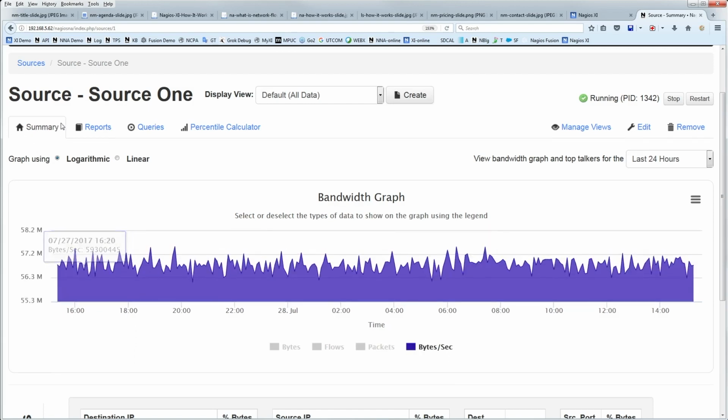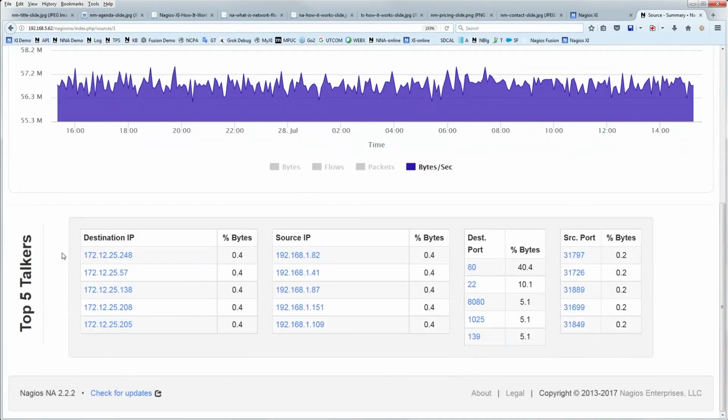You can also see bytes a second and graph that here on the summary tab. Underneath that, you've got top 5 talkers by destination IP, source IP, destination port, source port, and so on. From here, you'll notice these are actually hyperlinks. If you want to just drill down very quickly to a query based on any of these top talkers, you